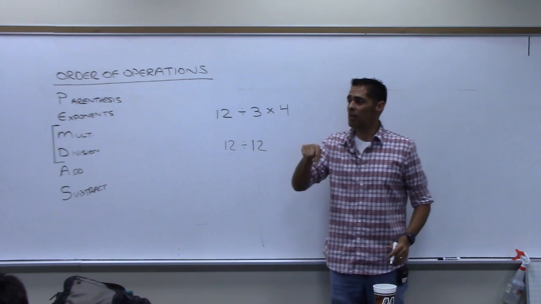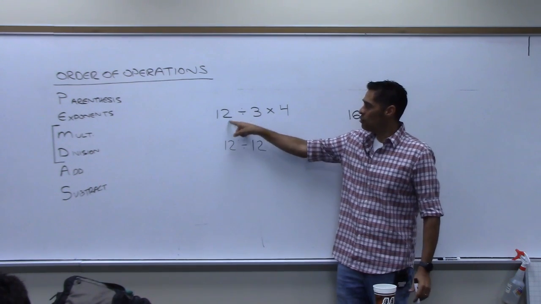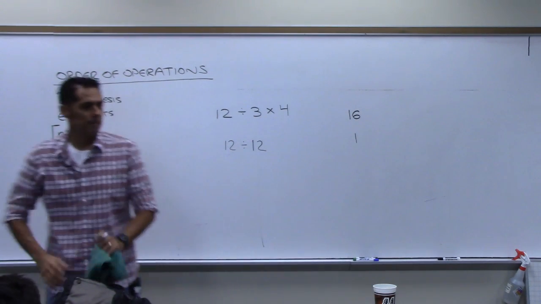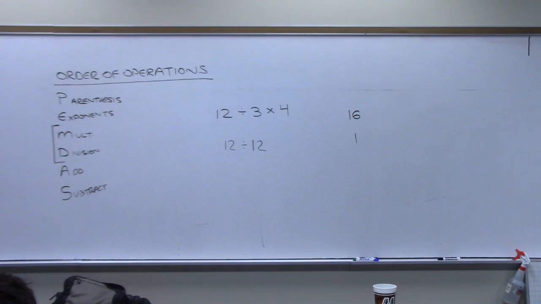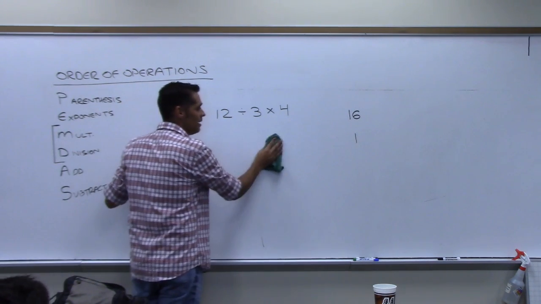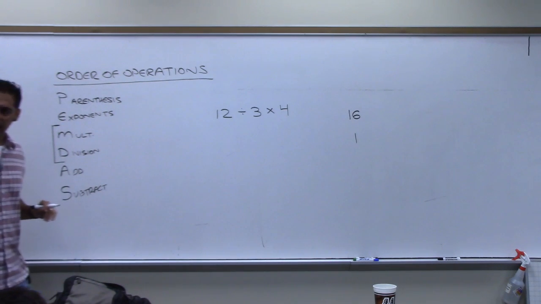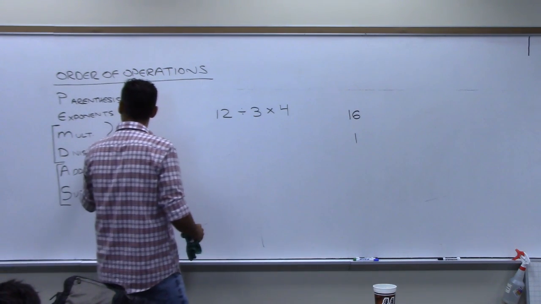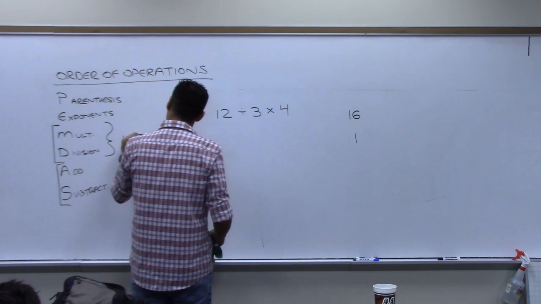So if you have your calculator right now, I want you to type in 12 divided by 3 times 4, all in one line, and hit enter and see what it tells you. It better say 16. And that's because your calculator knows the correct order of operations. And it turns out that addition and subtraction are also equally grouped. You do addition or subtraction, whichever appears first from left to right. So both of these, left to right.